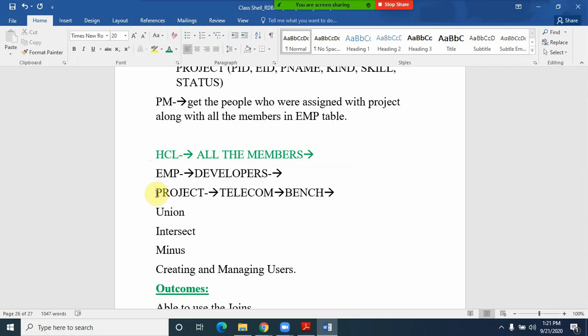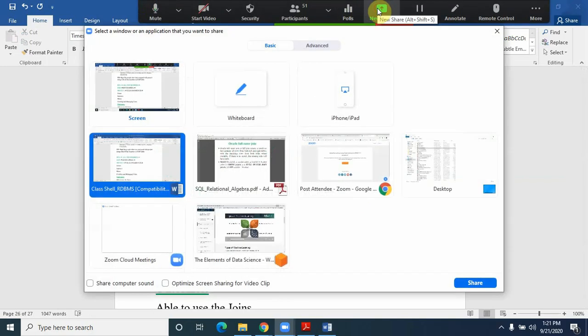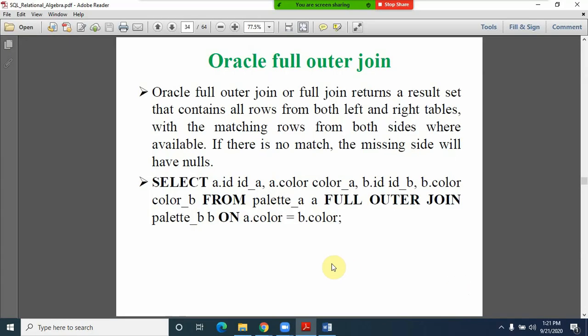In that case we need to fetch the records from the employee table and the project table also, because the project table contains the outsourced members as well as the members who are on the bench. So in that case, friends, you can go with the full outer join.